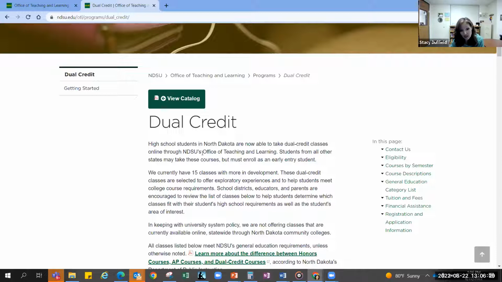There's also information here for when you become a full-time college student. If you go to a North Dakota college, there's what's called the dual credit scholarship. Any college credits that you've taken as a high school student are eligible for the North Dakota scholarship, and you can get up to half of what you paid for your dual credit classes back in a scholarship after you've completed a semester in college.